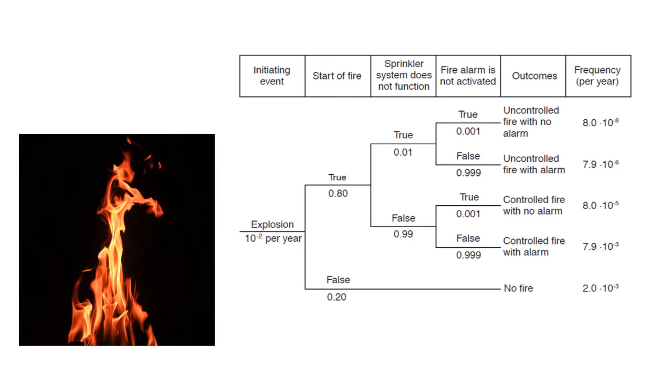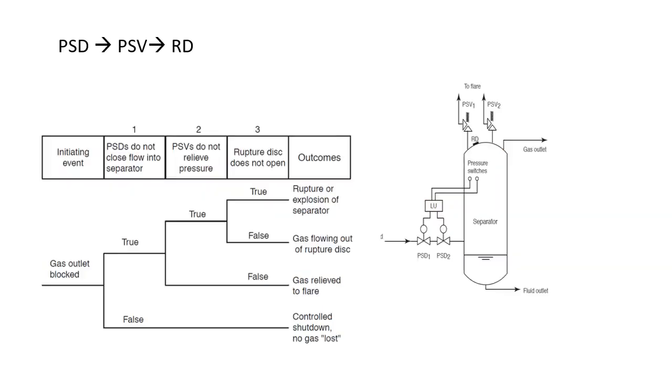So let's look into another example. This is an example where there is a separator, and this separator separates the feed into liquid and gaseous components. So there is an overpressure scenario in the pressure vessel. When this overpressure is detected by the two pressure switches, so whenever the pressure